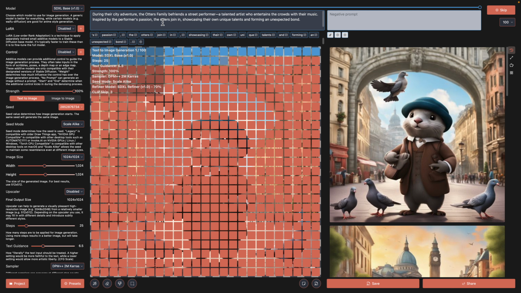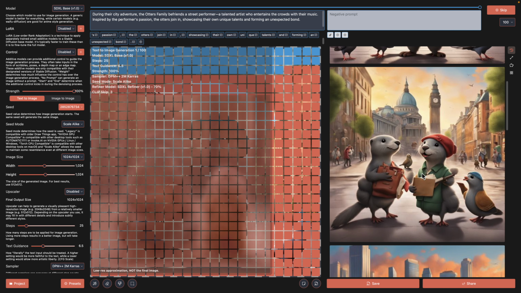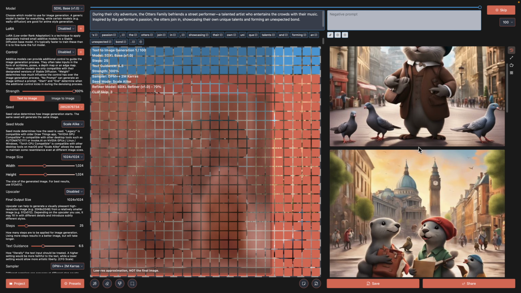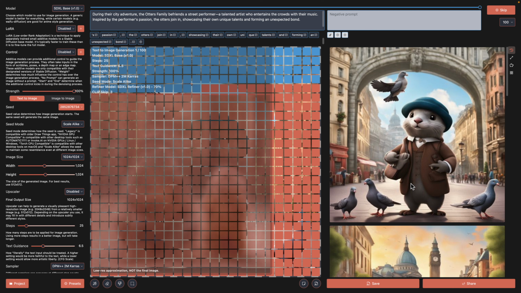Yeah, this SDXL base is doing this quite imaginatively. It's quite interesting. So now we only have a single otter instead of a family. Maybe this one got lost. Maybe the family, the parents and the kids, have different interests. They get separated maybe. So that's adding some complexity to the story. Anyhow, this one seems to like the pigeon. The pigeon takes him around.